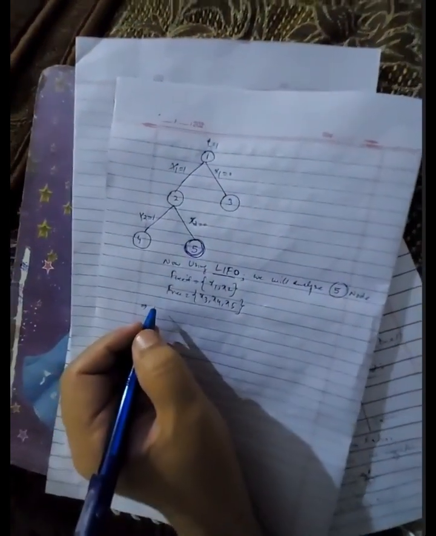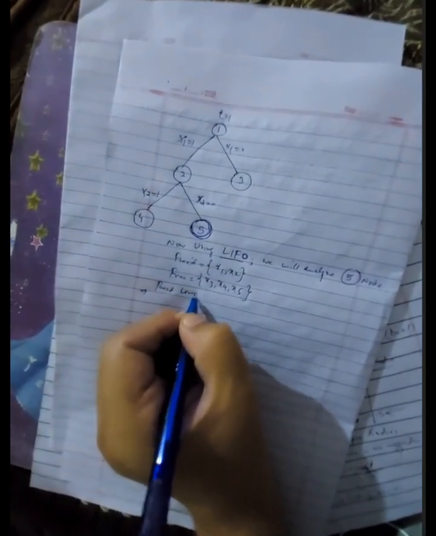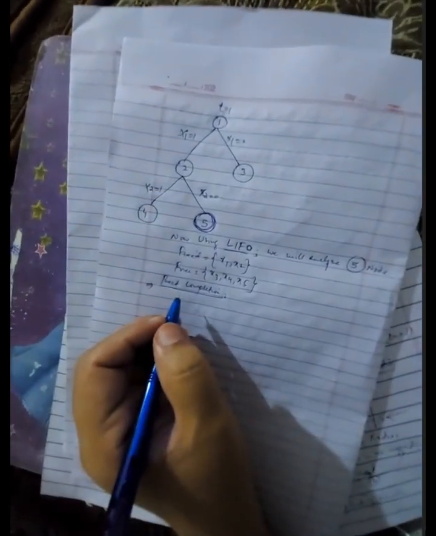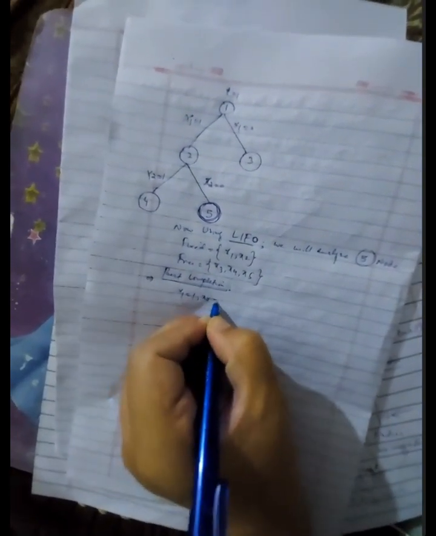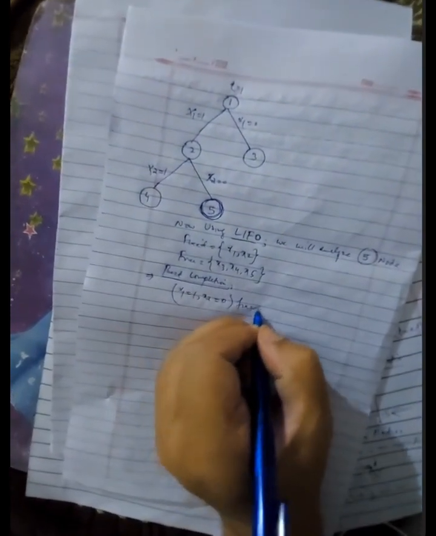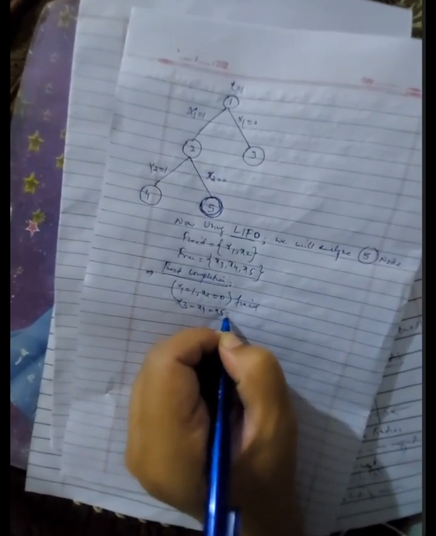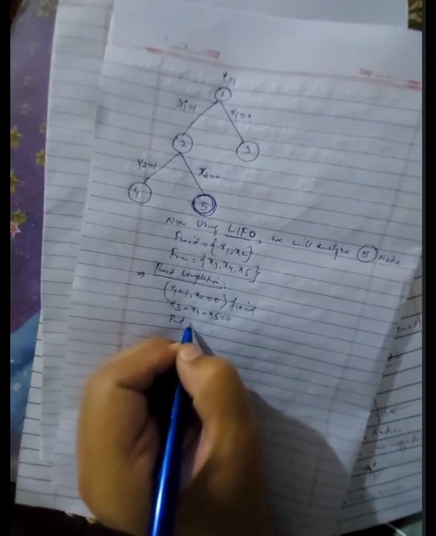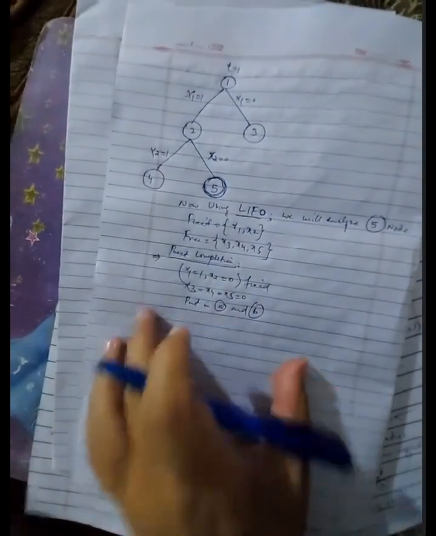Now what we do is we find the best completion. We will repeat the same procedure for all the nodes. The best completion is, as we know that x1 is equal to 1 and x2 is equal to 0 at node 5, so these are fixed. Besides these, we put every other possible value equal to 0, and we will put it in A and B to see if it stands true or